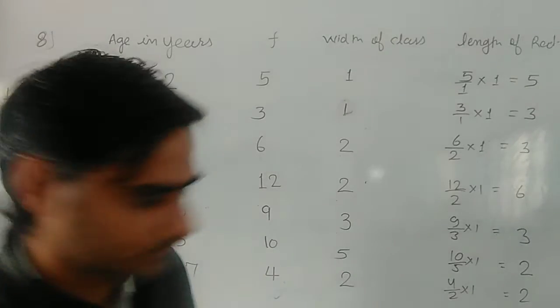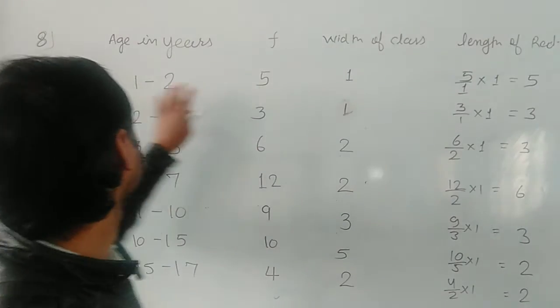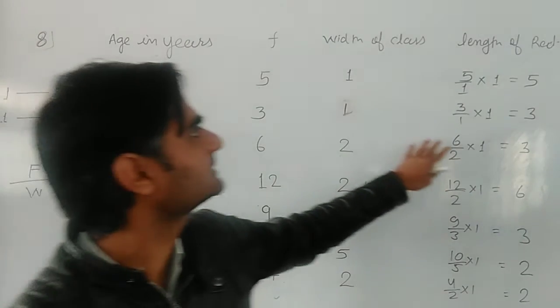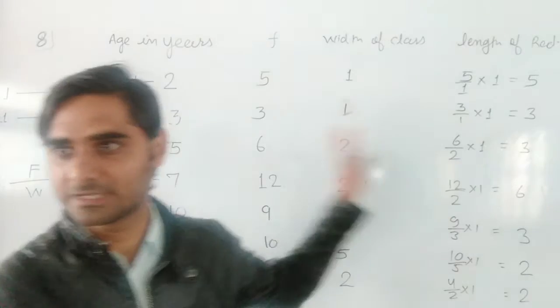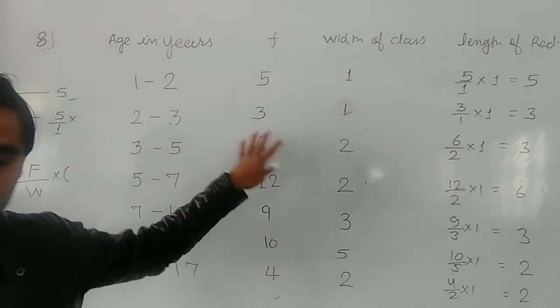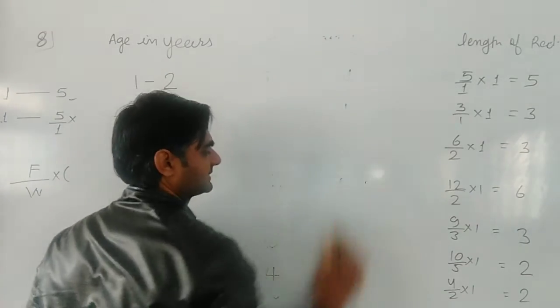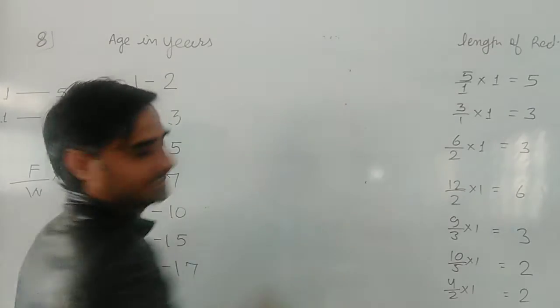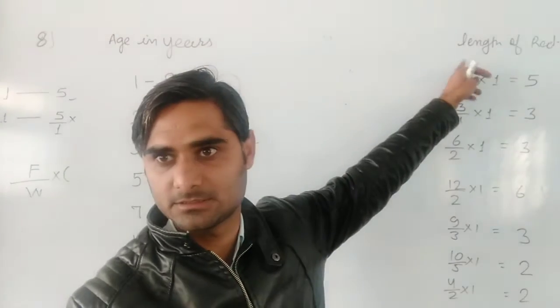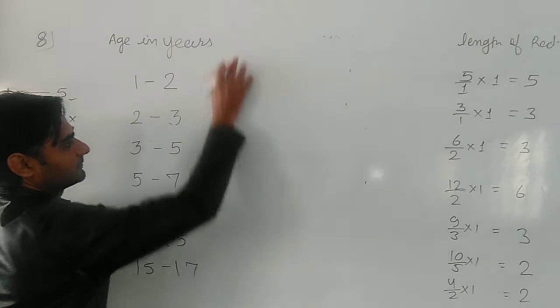So here can we draw the histogram? I want this width of class, the class interval, and the length. These two things we need for the histogram. So can I erase that thing? I am going to erase this middle one so that I can draw. Look carefully. Now the new frequency is the length of the rectangle. This is the new frequency, right?